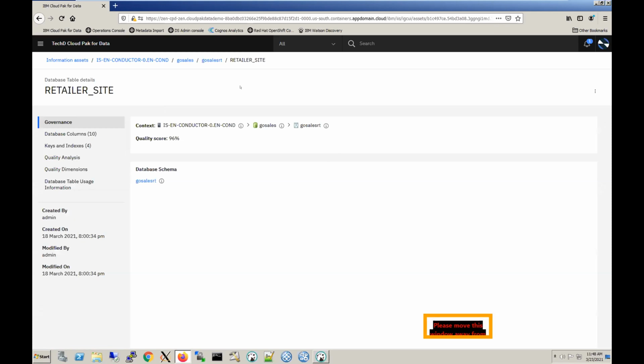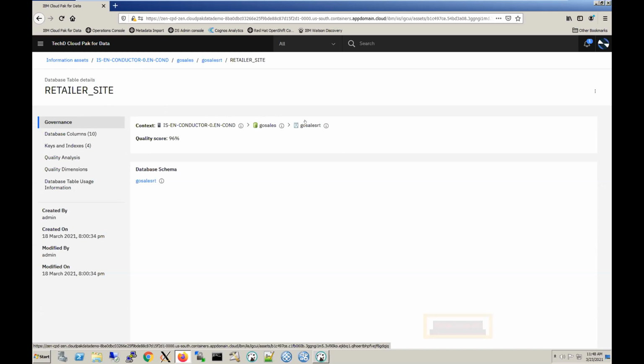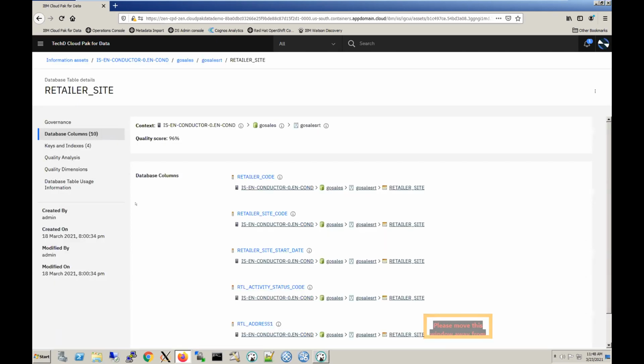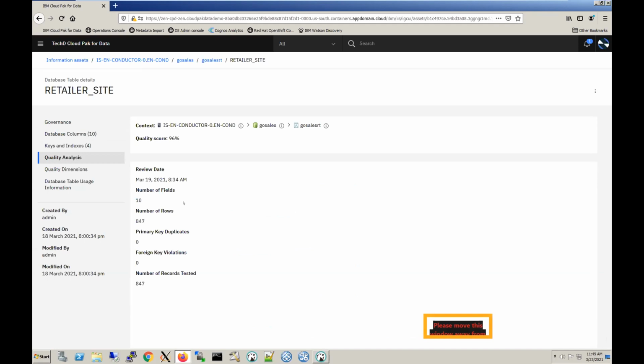And now I'm looking at the technical information about this retailer site database table, including here's the host, right? Here's the database, here's the schema. I can hover over any section here. I can click on any section, right? Here's my database schema. I can see database columns and so on, right? So you name it and it's here, even published data quality,